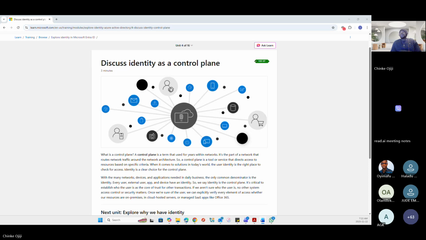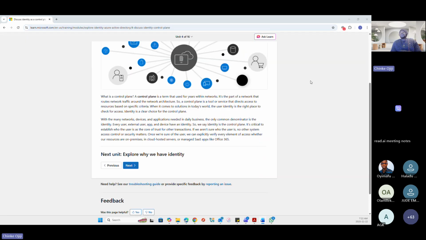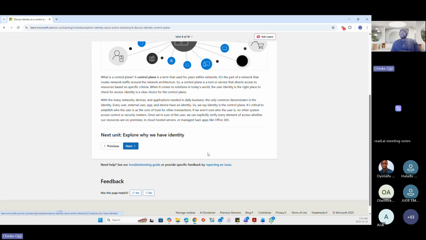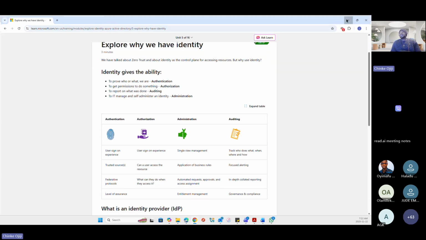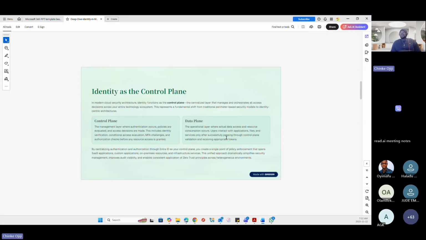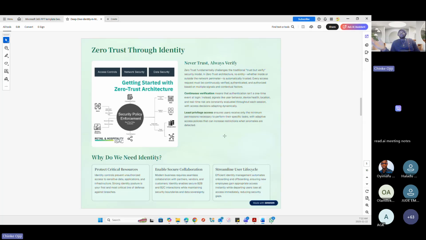All right. Now, we're going to take a look next at Zero Trust. Zero Trust through identity. When you hear Zero Trust, what comes to your mind is don't trust anybody. Because that's what it means, as the word implies, zero trust.